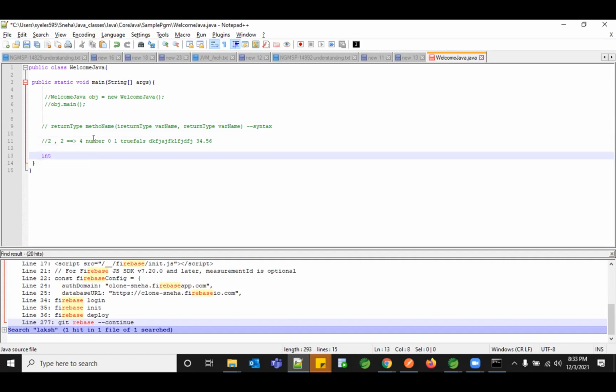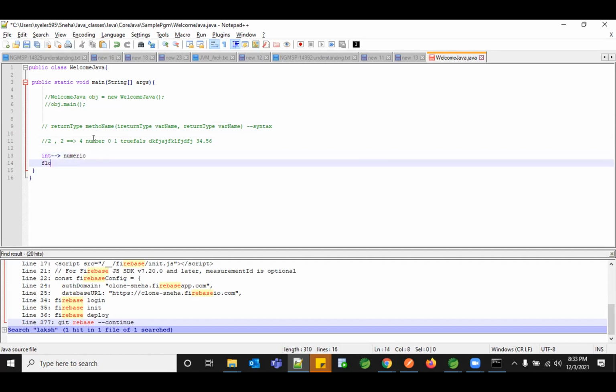The first one is int, which is of 2 bytes, which can accept numeric values. Okay. And you have something called float, which can accept decimal values, and which are restricted to a few precisions, not more than that. So if you are having something like 0.367899990, it can't take that huge value. It will round off or limit that particular precision, and it can't accept more than a specific number of bytes.